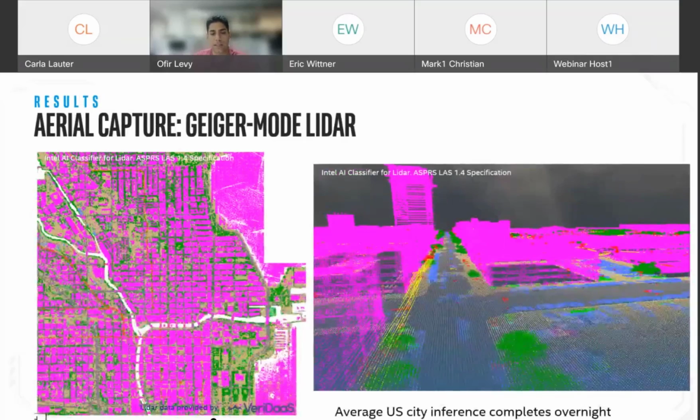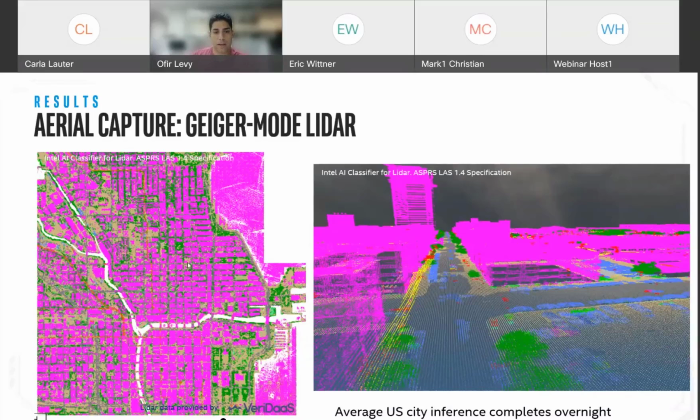And what you see here is the results of our AI. So we took that data and trained on it, using a recent network that we took and further developed for our needs, networks that can take a 3D point cloud, train on it naturally, and provide auto classification. We are classifying each point individually using these networks, and we use that data for training, and then we can run inference across US cities